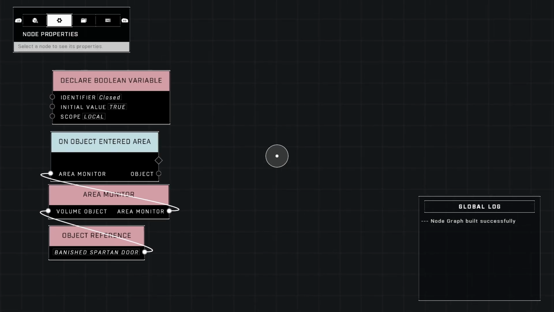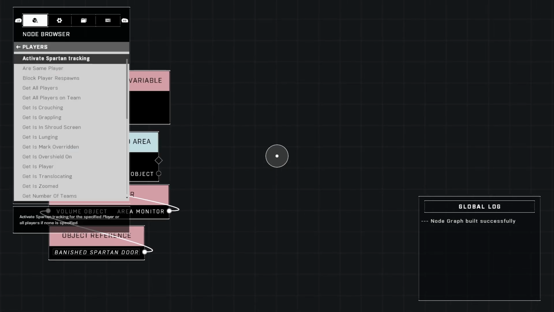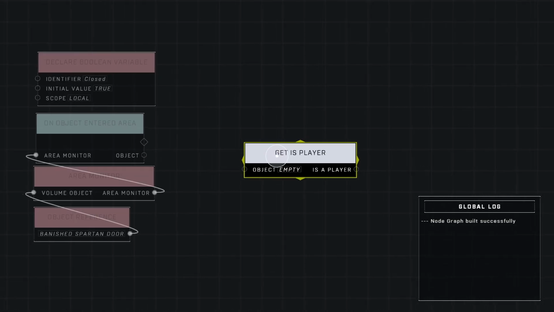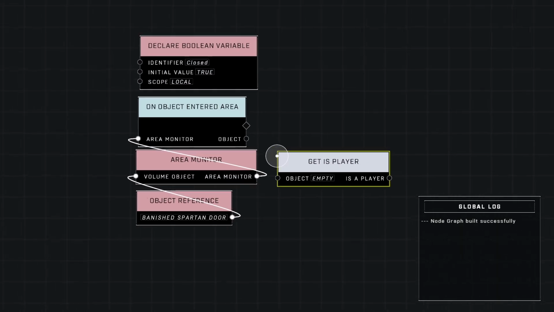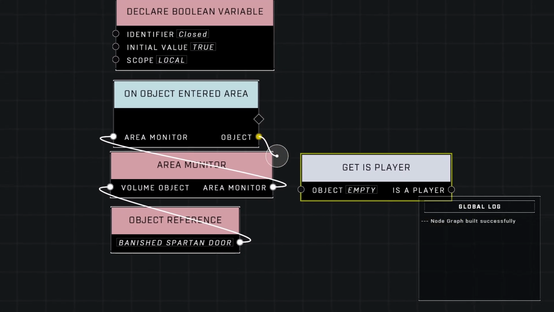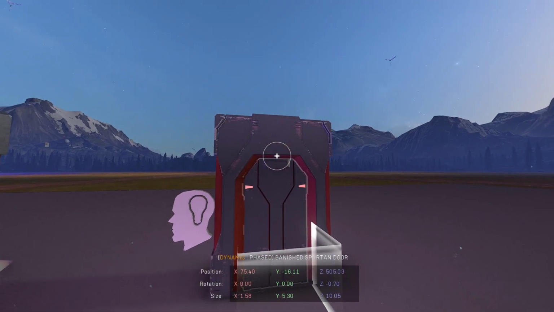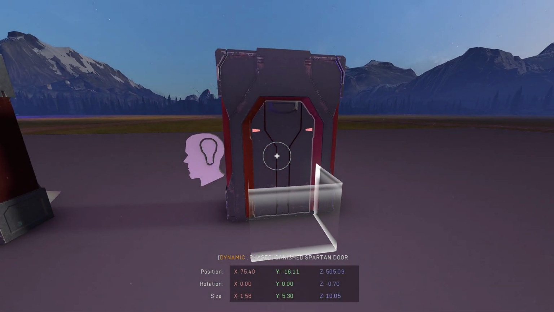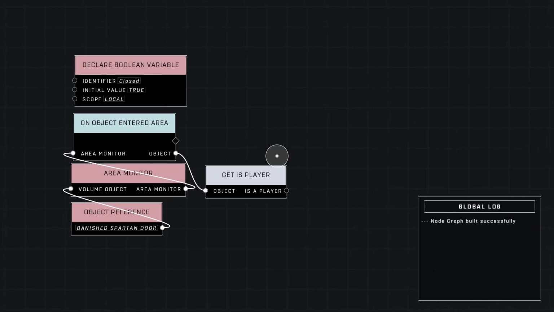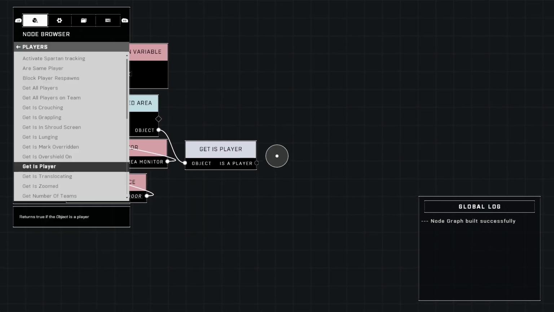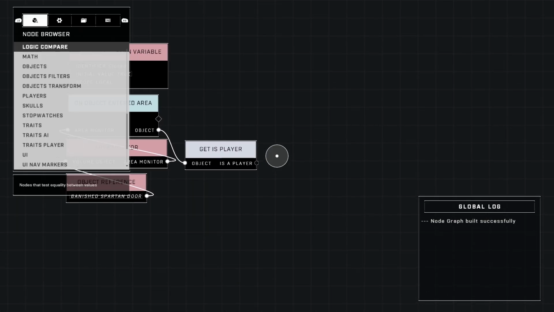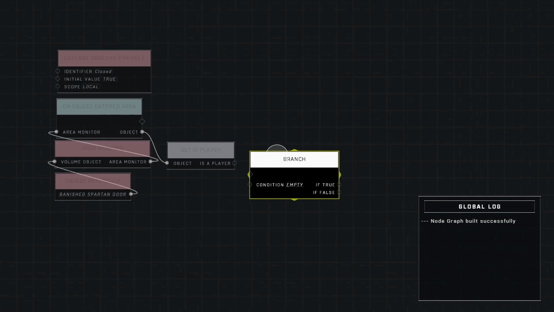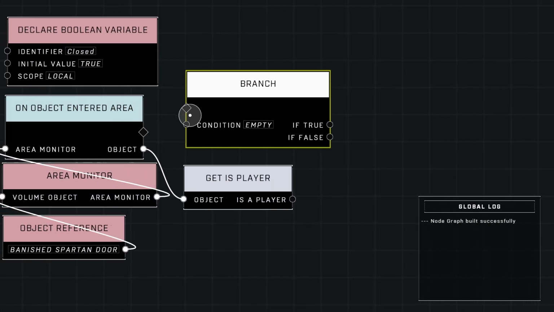So now that we have that, we can grab get is player, because we want to make sure that only a player can activate this door, or an AI. You can also do that, but in this case I'm going to show the player, because if not, it will count this as an object entering, because the game starts and it will act funny. So we want to make sure it's only a player. And when we have that, we also need a branch. So go to logic and grab a branch and plug it in right about here,